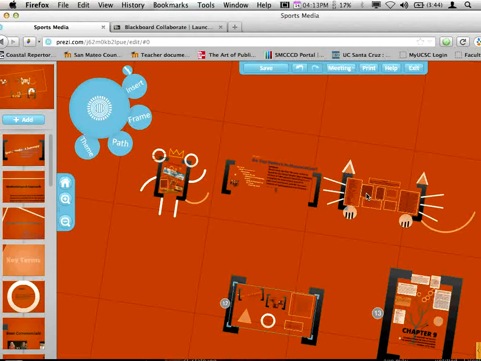Okay? A really interesting piece of Prezi is group editing: you can invite each other to see your work, and you can get feedback that can either be saved or, once you're done reading it, revised and eliminated. Okay.